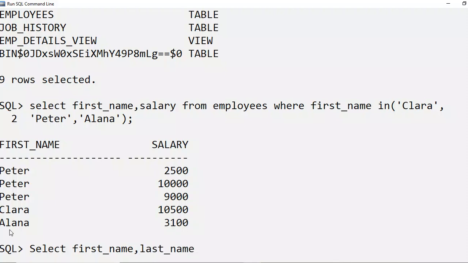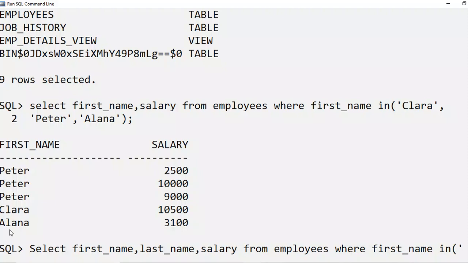In our table we have given this option also, this another field name, then salary, to be more particular, from employees, where first_name IN,